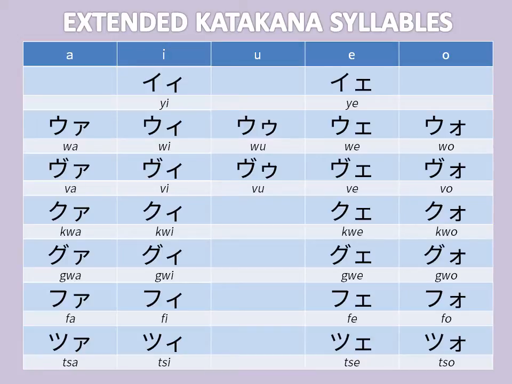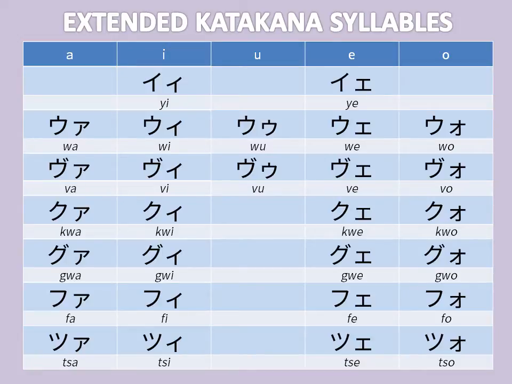Next, the third row, we have U with a dakuten and a small a, which converts it to va. Then U with a dakuten and a small e, which converts it to vi. Then U with a dakuten with a smaller u, which converts it to vu. Then U with a dakuten and the small a, which converts it to ve. Then U with a dakuten with a small o, which converts it to vo.